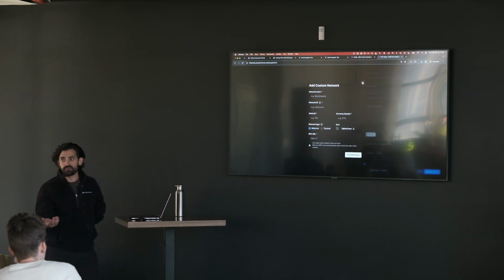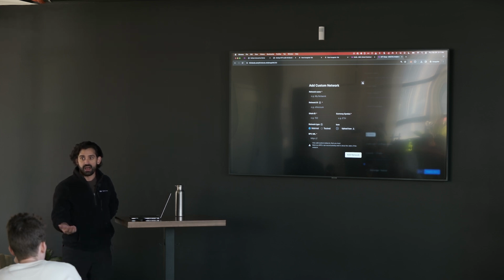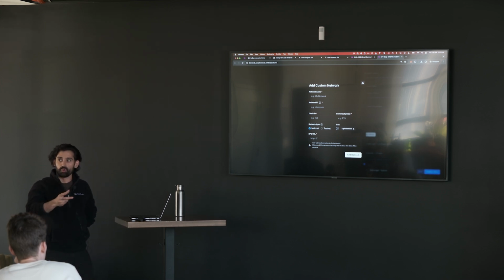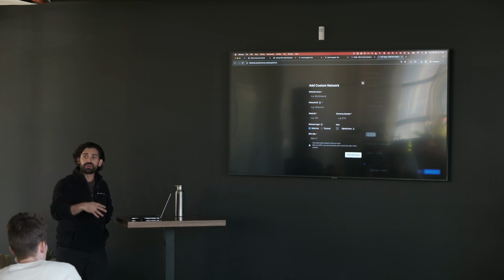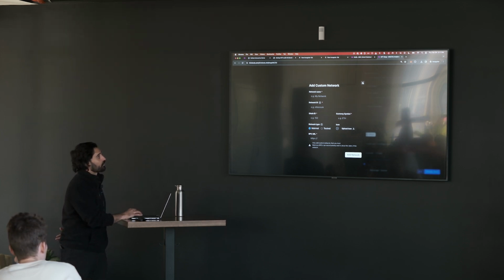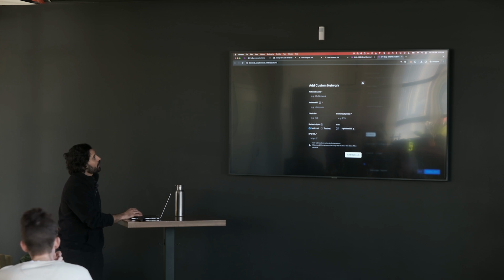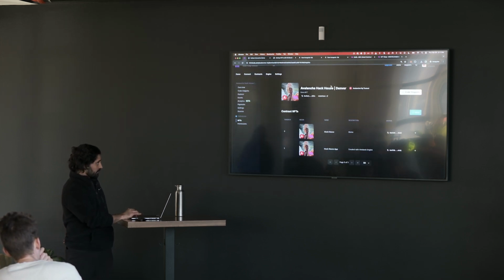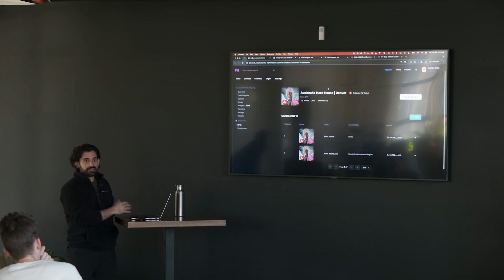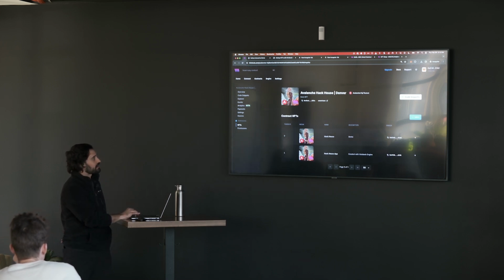Everything with Ava, we're in the subnet world, right? So it's very easy, after you've deployed your subnet with Ava, to configure your network right here and deploy directly to whatever chain you're working on. After you deploy, you get an interface like this. We have a nice little dashboard. I've already gone ahead and done a couple of test mints just to make sure my app works. As you can see, there's a couple of mints here, but we give you all the essential bits.